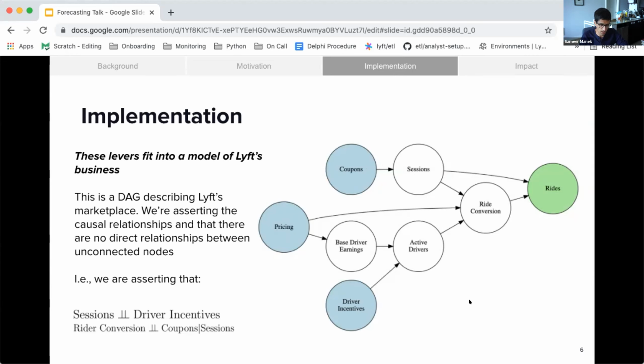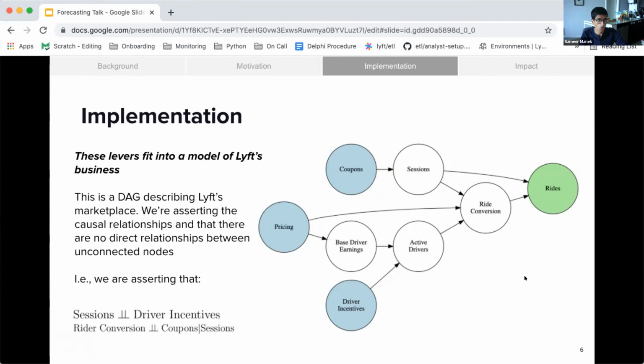But because we're a two-sided marketplace, you could argue and disprove any of them, which is why this is informed through experimentation as well as existing knowledge, ongoing experimentation. As another example, rider conversion, which is an observed variable, we are asserting is independent of coupons given sessions. That is to say, there is no direct relationship between coupons and rider conversion in this